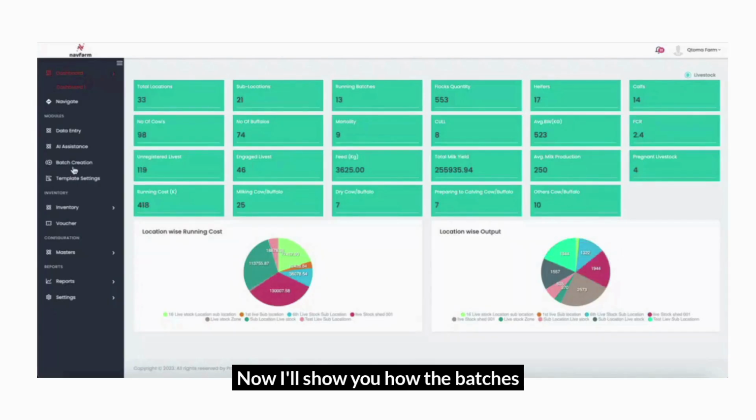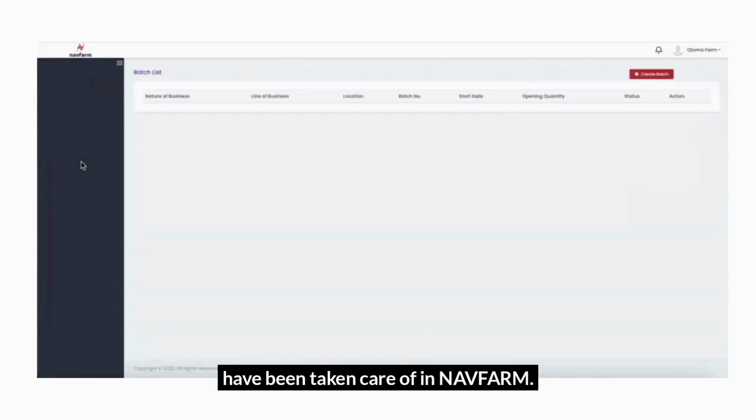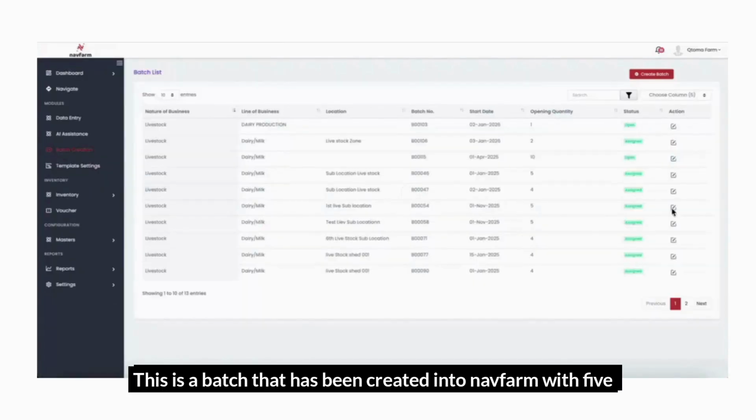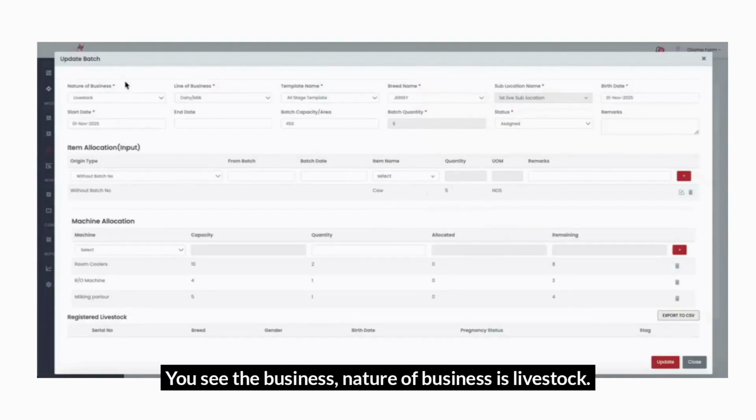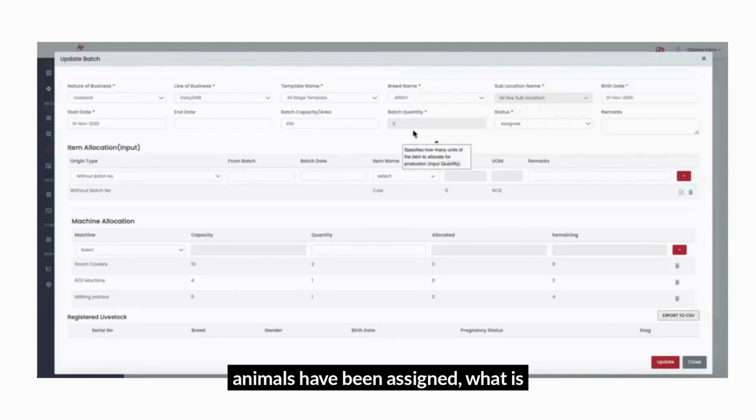Now I'll show you how the batches have been taken care of in NavFarm. This is a batch that has been created in NavFarm with 5 animals, 5 cows. You see, the business nature is livestock. It is dairy and milking, and you can see what location it is, how many animals have been assigned, and what the capacity